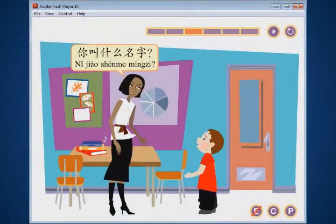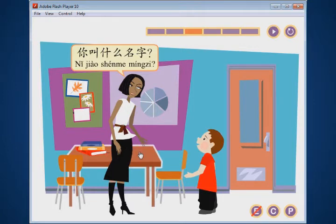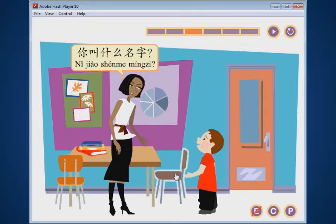The names of objects, such as tables, books, and the like, are pronounced when the cursor is placed on the object and clicked. 书、桌子、椅子、